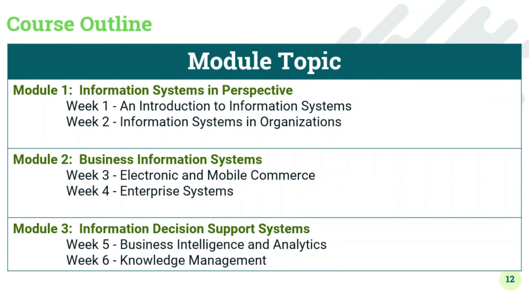Then module number 3, which will be in week 5 and 6, we will be talking about information decision support systems. These are the kind of systems that augment in the development of the business process naman. For example, business intelligence or business analytics. These are the big names right now in the world of information technology, in the world of business. It's all about how can you make your business intelligent and more responsive to customer needs. Okay,